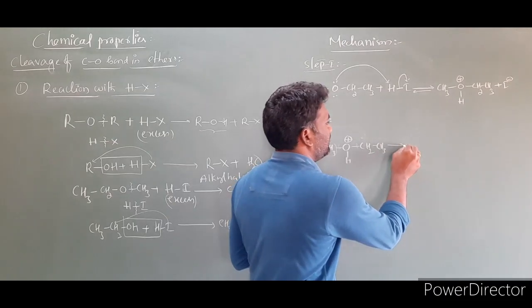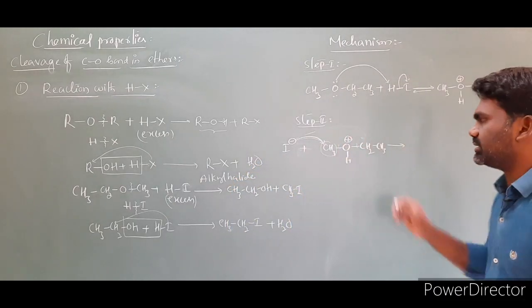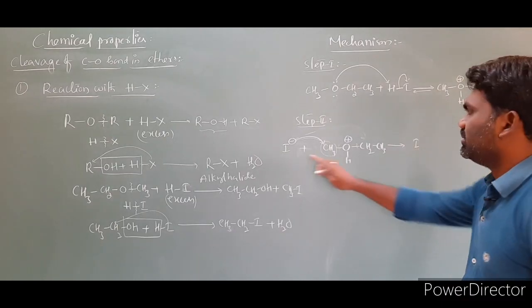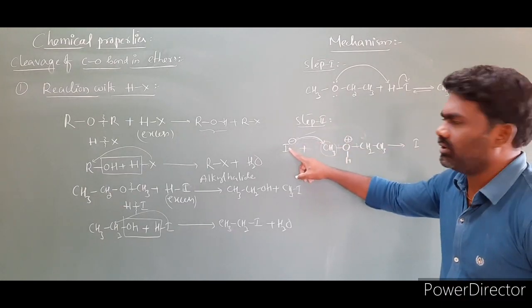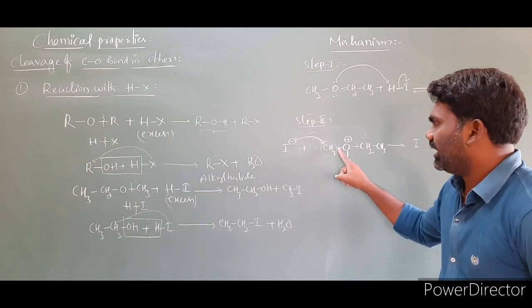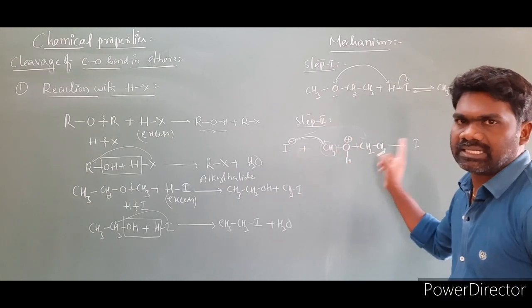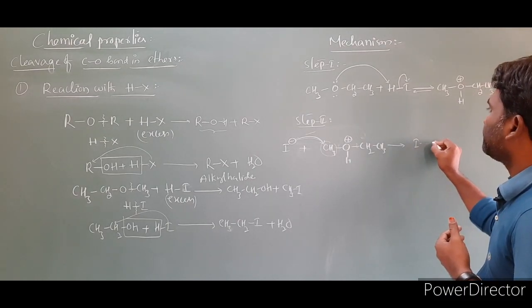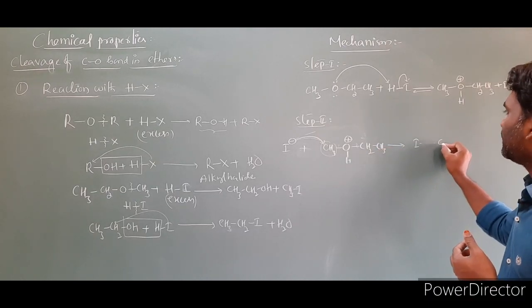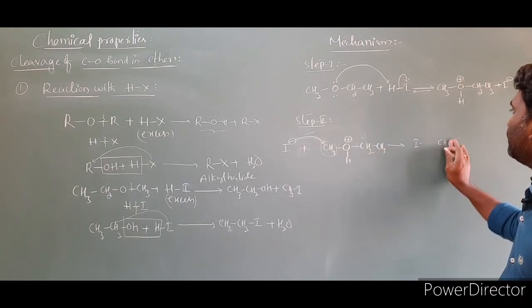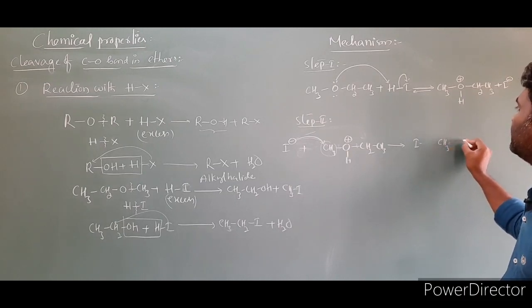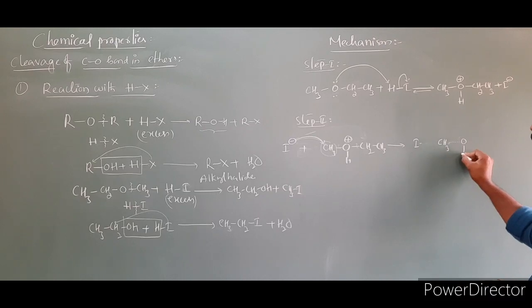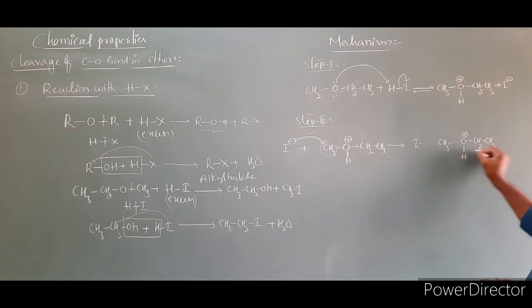As a result, a transition state is formed in the SN2 mechanism. So I am rewriting this iodine. Simultaneously, bond formation between iodine and CH3 and cleavage of the bond between carbon and oxygen take place at a time. That simultaneity is shown by the dotted lines. CH3, with a dotted line I am keeping, oxygen bonded to hydrogen with a positive charge, and CH2 CH3. This is the transition state with the negative charge.